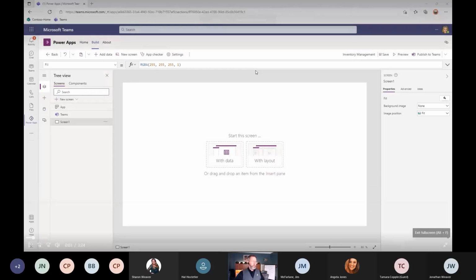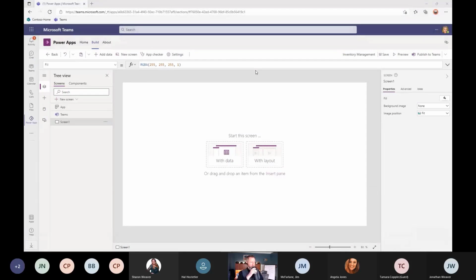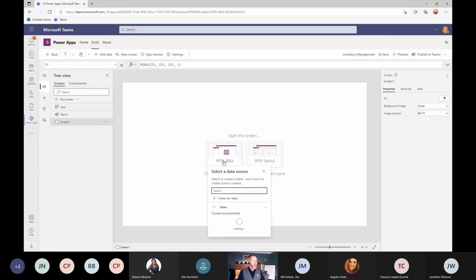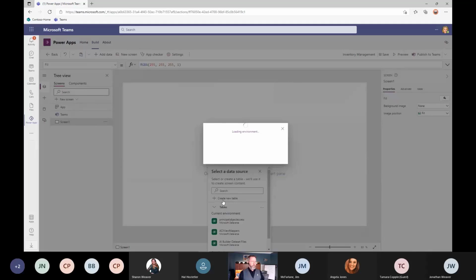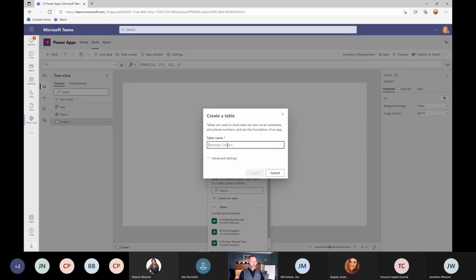Here we are on the canvas for a new app, and we want to start creating our app with data. So let's click that link. And the first thing we're going to do is create a new table for our data. We're going to name our table item, because we tend to name a table for whatever one record in it